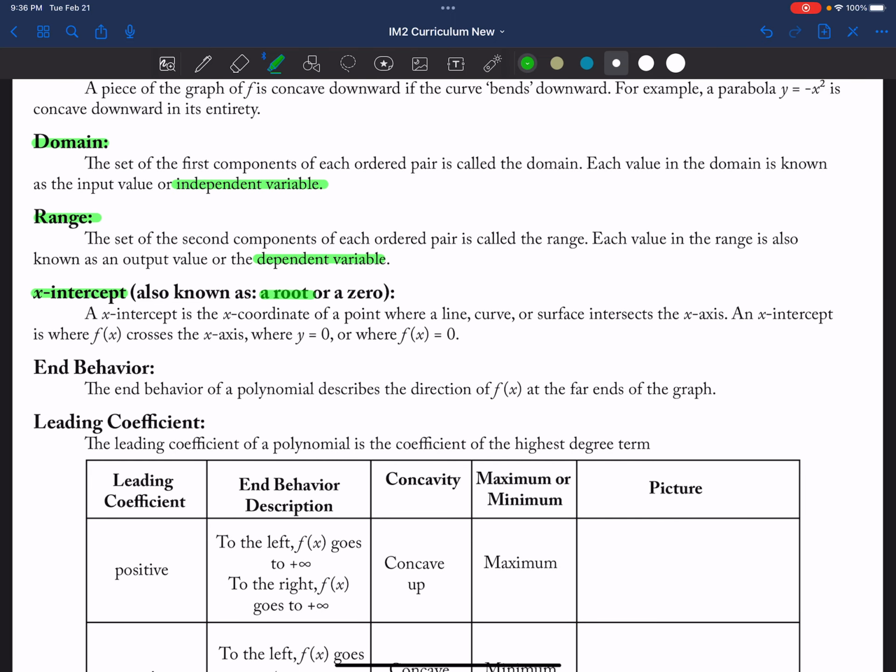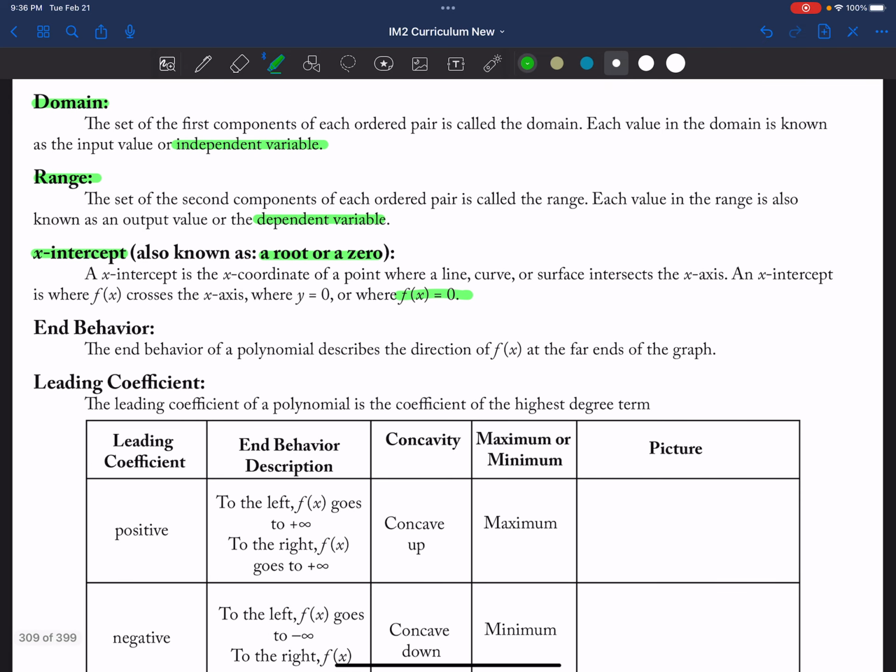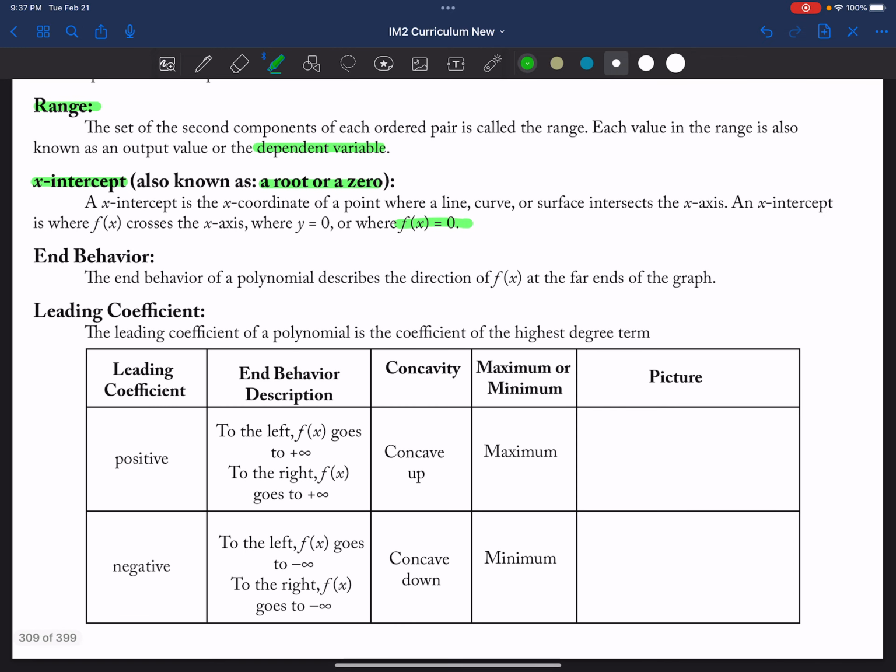X-intercepts are called a root or a 0, and they are found when I take an equation and set it equal to 0. End behavior is what happens when x approaches infinity. So when x gets very, very large positive numbers or very, very small negative numbers, we talk about end behavior. And the leading coefficient, which is the value of a, if that is